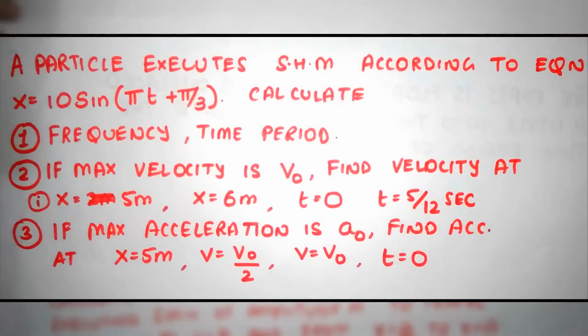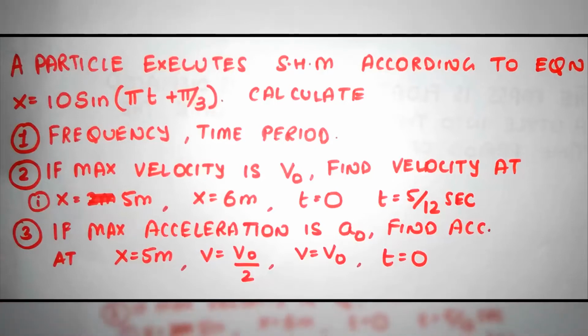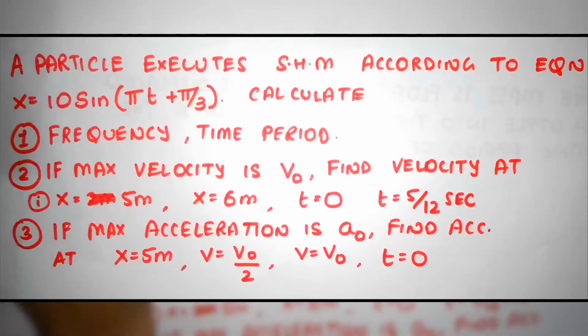We have a big question. I'm not going to read that out. So pause for a while and try to understand the question, and let's solve it now. Okay, so we have been given that there is a particle which is executing a simple harmonic motion according to